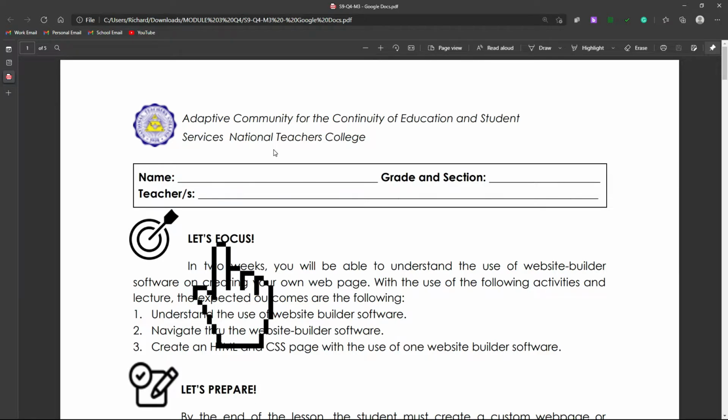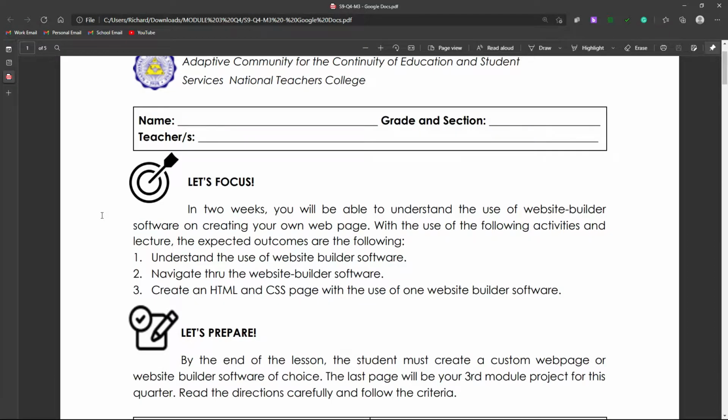First, here at Let's Focus for Module 3. In 2 weeks, you'll be able to understand the use of website builder software and how to create a web page using this kind of software. Number 1, understand the use of website builder software. Navigate through the website builder software and also create an HTML and CSS page with the use of a website